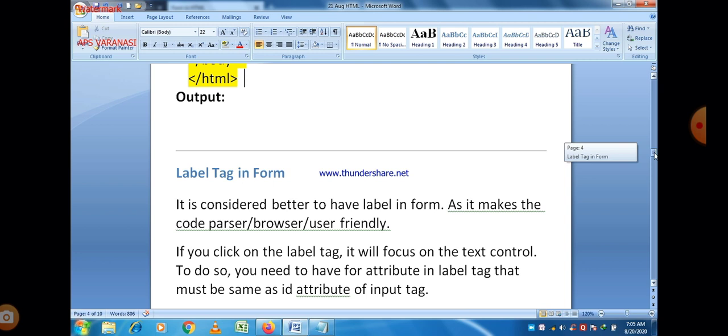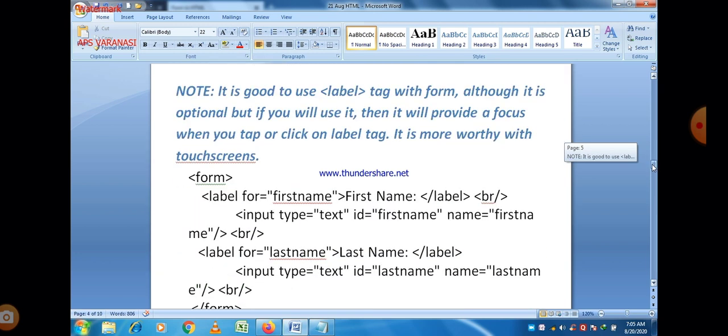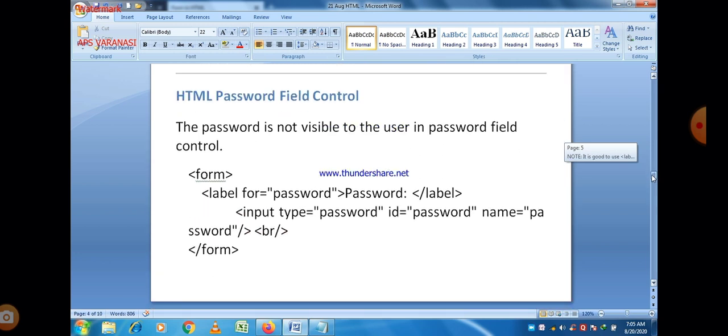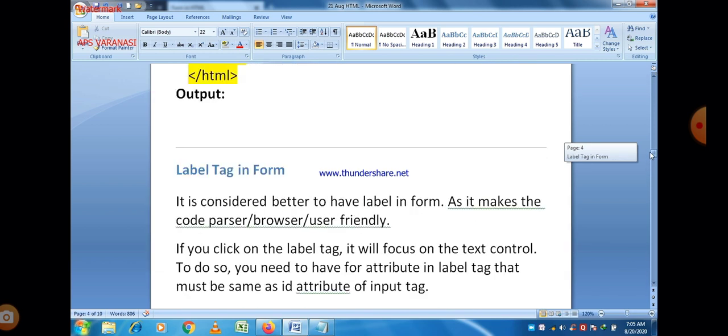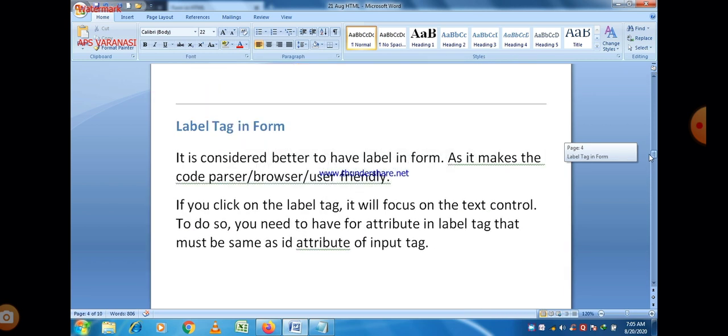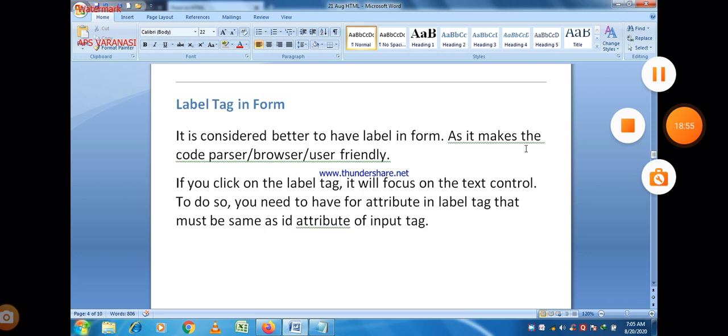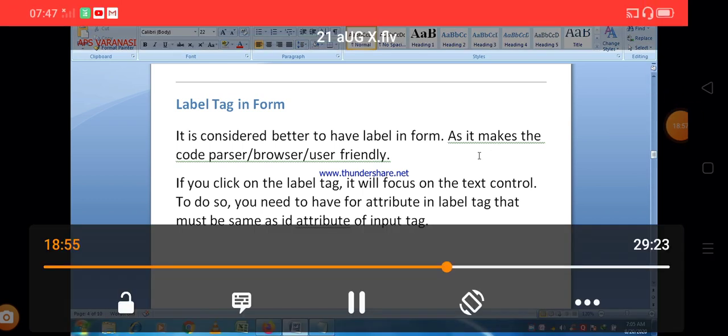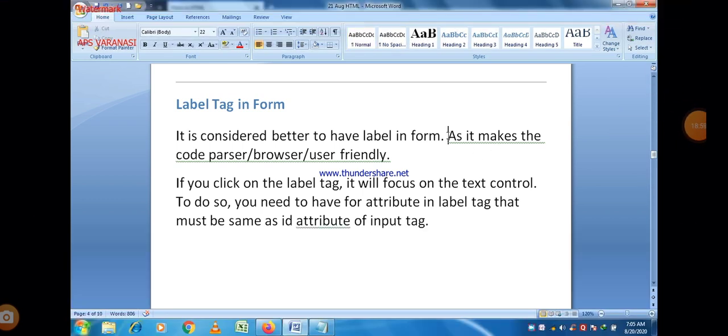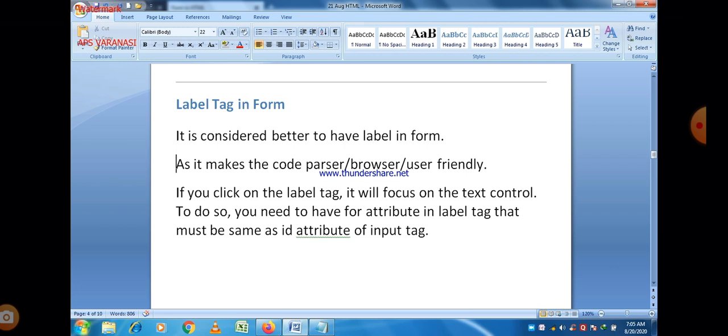Next topic is label tag. So what is the label tag in forms? It is considered better to have labels in the forms, first of all, as it makes the browser user friendly.